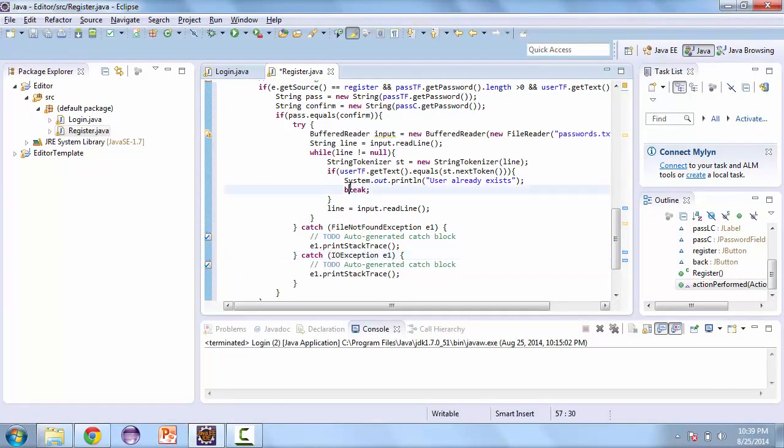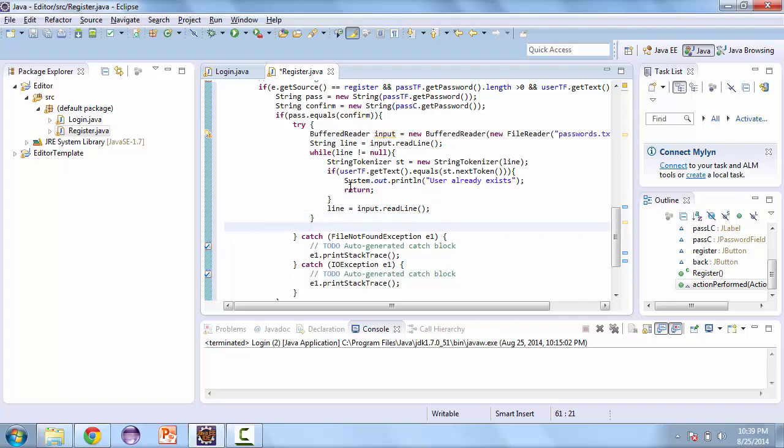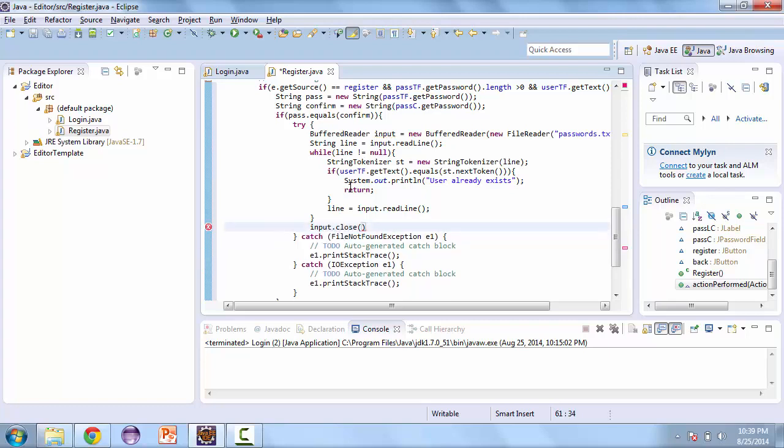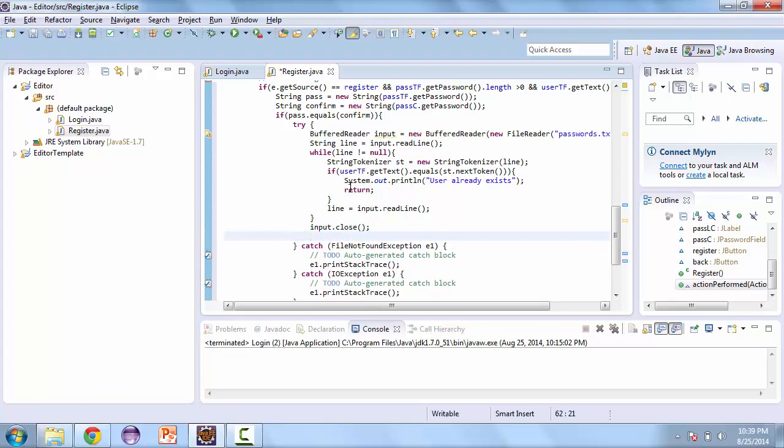Before we start, I want to go ahead and change this line here to a return statement. The reason I'm doing that is because if the user already exists, we're going to return from this function and the user needs to update their information. We're not going to do anything else. After this while loop, we're going to close the input. So input.close. Then we're going to start creating our